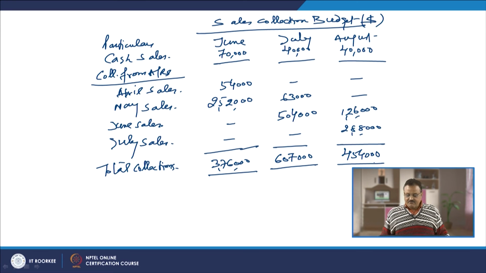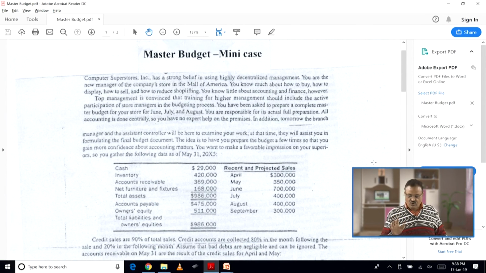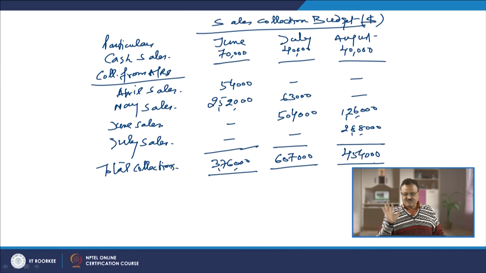And now for the month of August, how much have we sold? The sales for the month of August are 400,000. Out of that, we have collected 40,000 in the month of August. So, part of the August sales, that is 360,000, plus 20% of the 90% of the credit sales of the month of July will be collected in the month of September. So, we are going to have some information